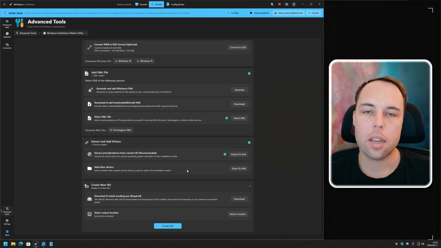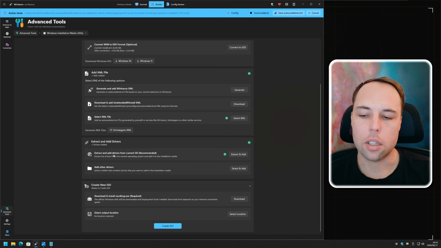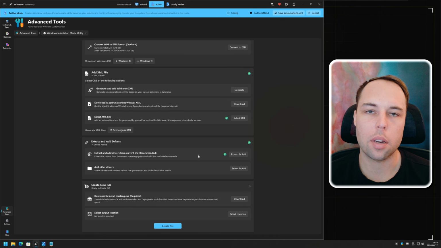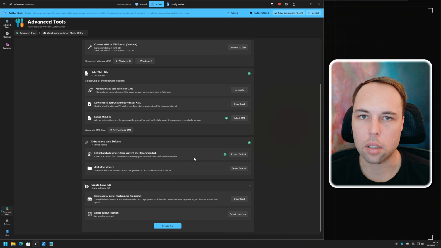But if you're planning on installing Windows on computers with different hardware, then I would say that you shouldn't use the extract and add drivers option, because the drivers might clash because you're using different sets of hardware. But if you're always installing Windows on the same computer and the same hardware, then this is a good option to have so that you don't have to re-download drivers every single time.